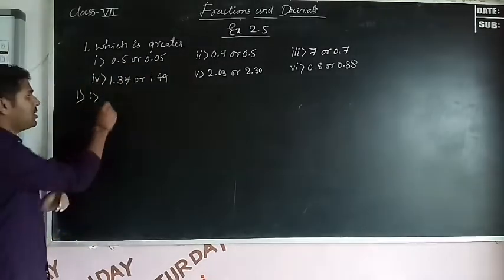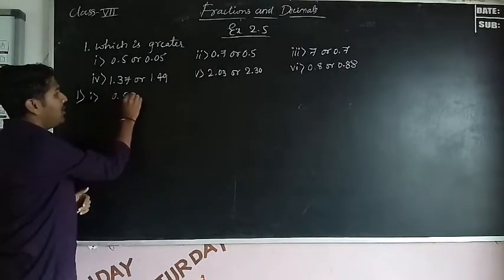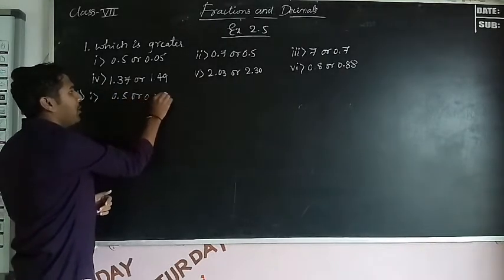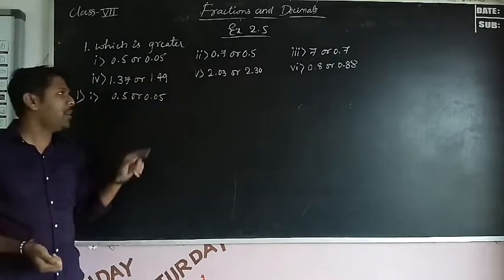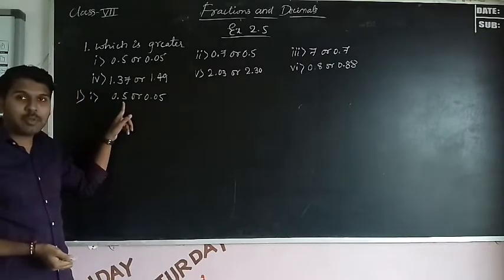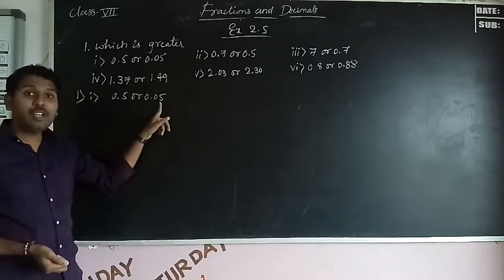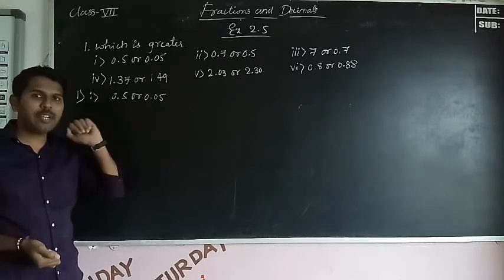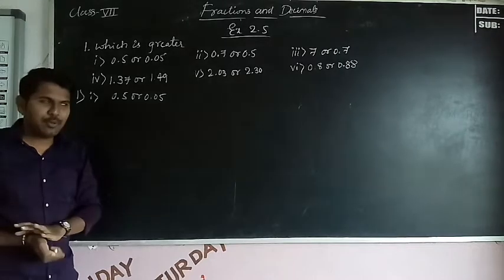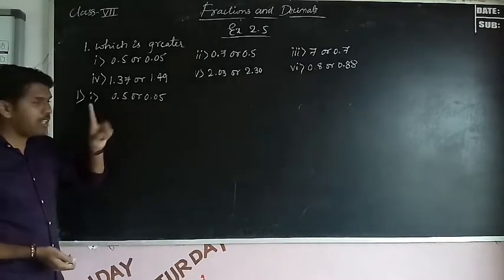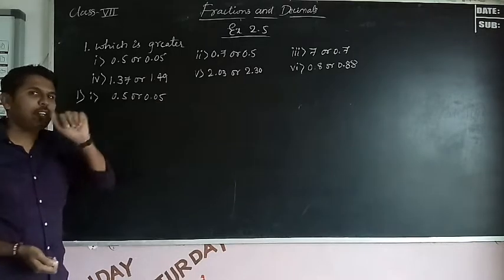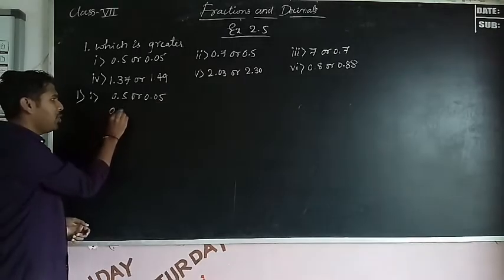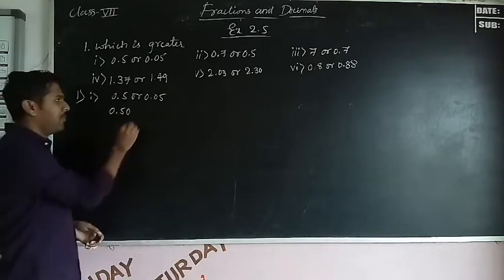So first one, 0.5 or 0.05. So these are like decimals or unlike decimals? Unlike, no? Why? Because here after the decimal point only one digit is there, here two digits are there. So how to convert unlike to like? Just add one 0, because we want only one digit extra here. So that means 0.50 or